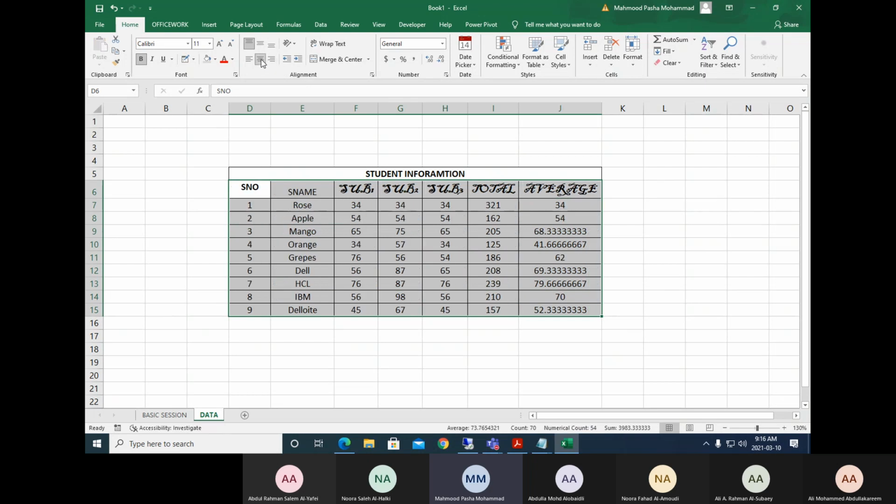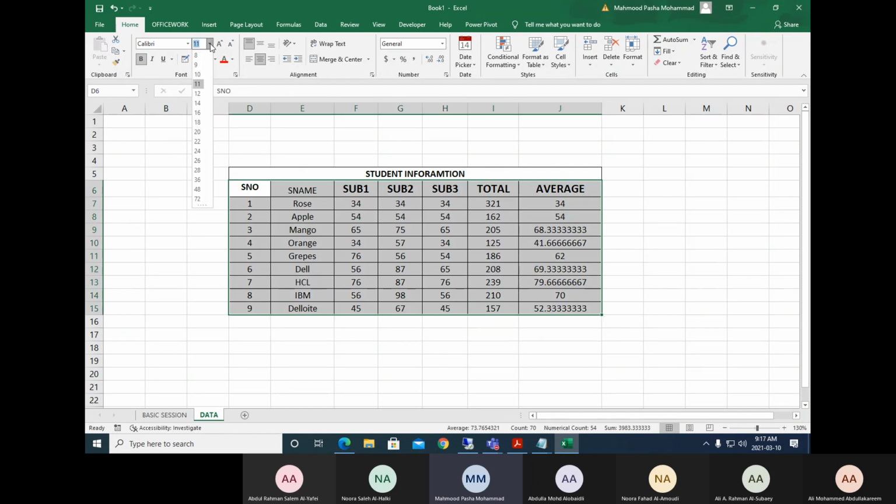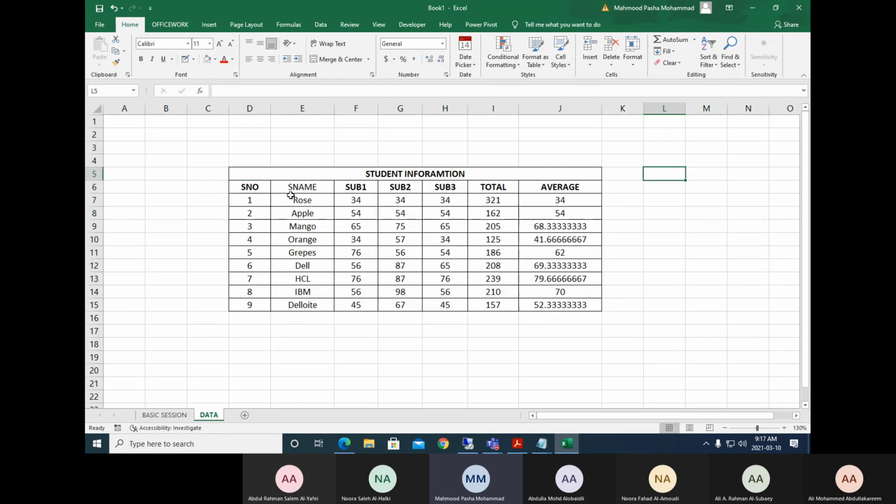So first of all, let's see this. We have applied certain modifications to the data. So I'm going to modify them back to normal. I applied them and I will make them bold again. Okay, finish. So this is the first thing. And remember, through the Format Painter, we have applied all those contents.